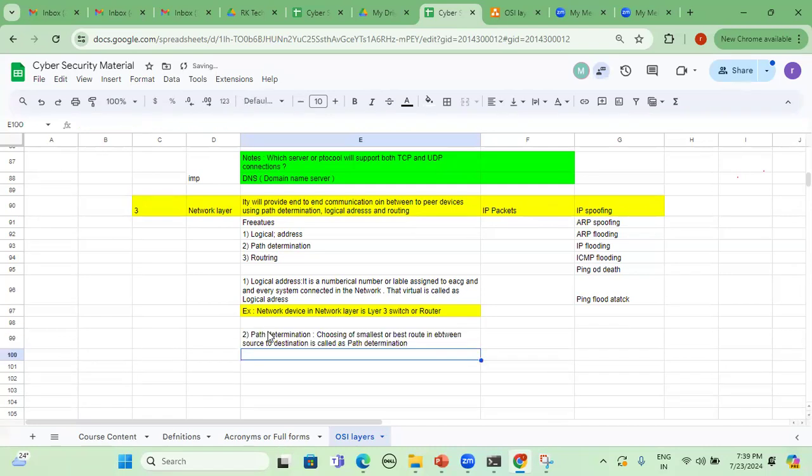So maybe I can give one more example. From Ameerpet, if you want to go to High-Tech City, I'm not sure how many people know about the Ameerpet to High-Tech City route. One of the routes is through Yusufguda, and also we can go to Jubilee Hills. Then Peddamma Temple, and after that, with respect to Madhapur, then High-Tech City. In such a way we can go. That is one of the routes.